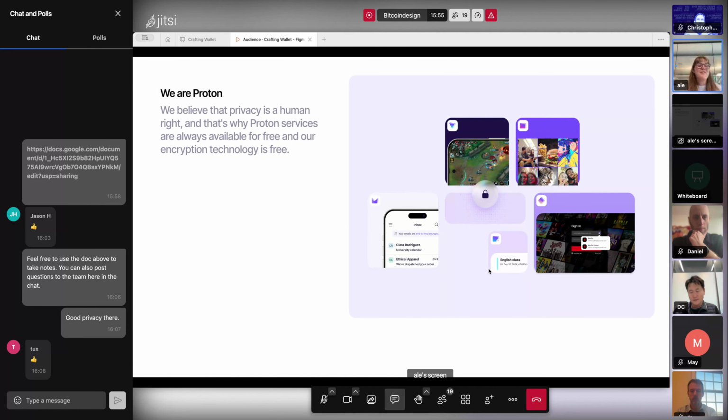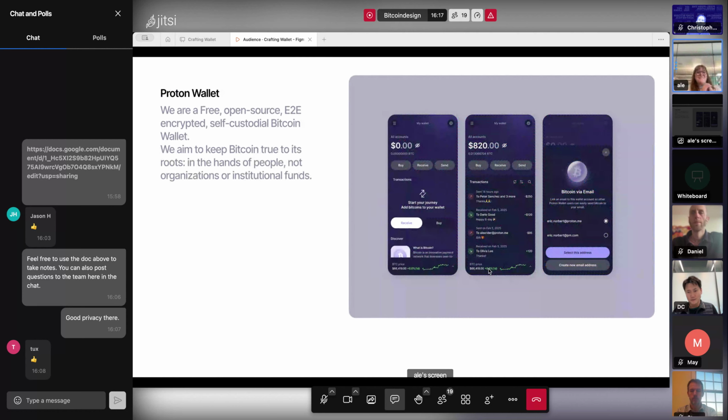For those who don't know us yet, we are Proton, a Swiss tech company, and we make privacy-focused online tools. We have an email, a VPN, a Drive, an identity manager, a calendar, and now a wallet. Proton Wallet is our latest brainchild and our latest addition to the Proton ecosystem.